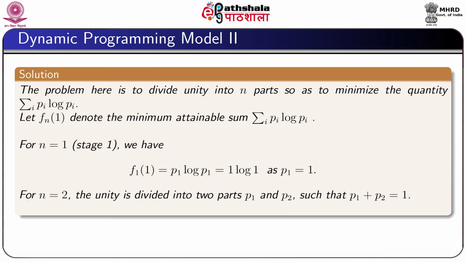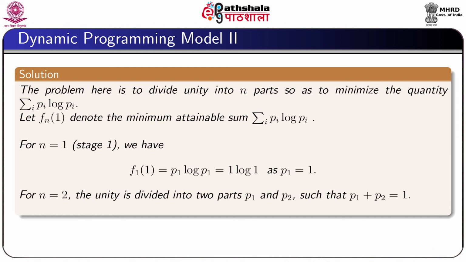The problem here is to divide unity into n parts so as to minimize the quantity sigma pi log pi, where i takes values from 1 to n. Let fn(1) denote the minimum attainable sum sigma pi log pi. Then for n equal to 1, that is in stage 1, we have f1(1) equal to p1 log p1, which is equal to 1 log 1. Now, for n equal to 2,